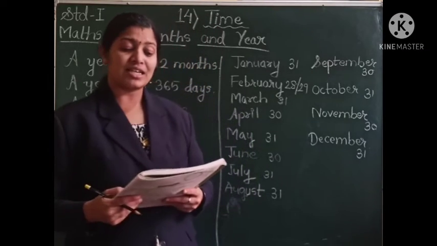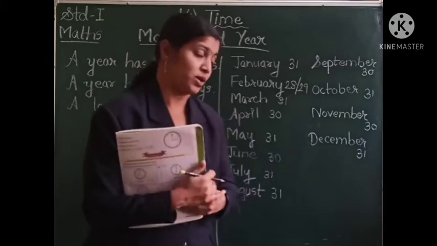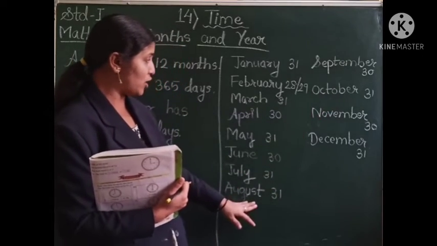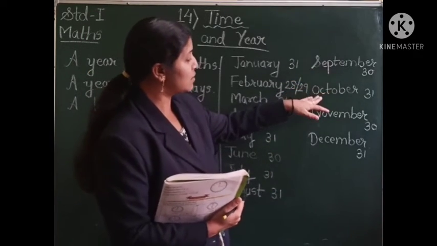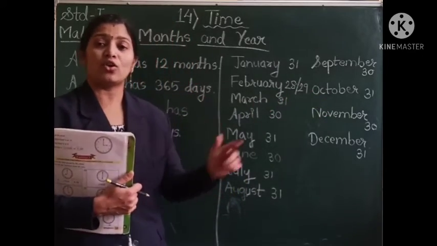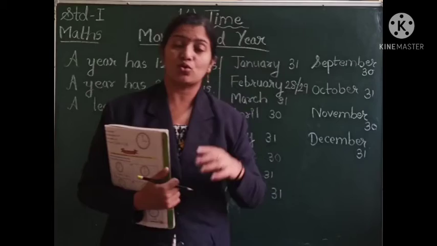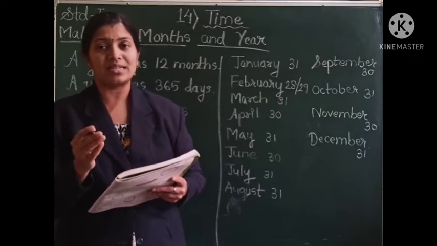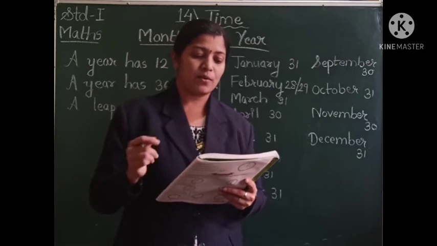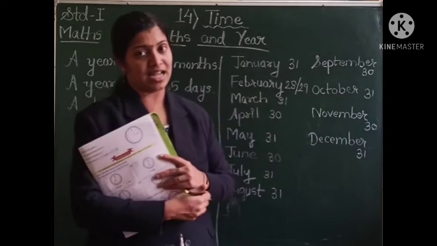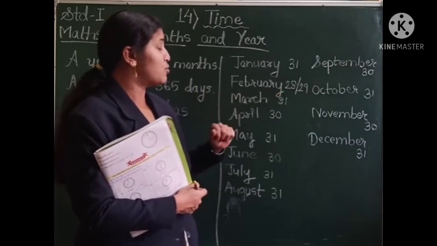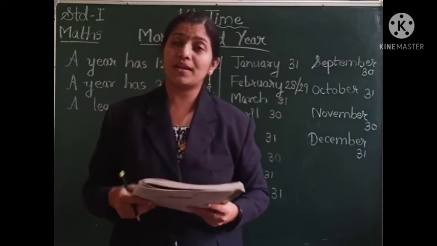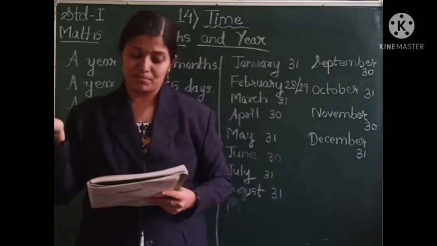The next is, dash comes between August and October. So which month comes between August and October? You can see here after August we have September and then comes October. So between August and October we have the month of September. So the answer is, September comes between August and October. The next is, February comes between dash and dash. So the month of February comes between which two months? It is January and March. So the answer will be, February comes between January and March.